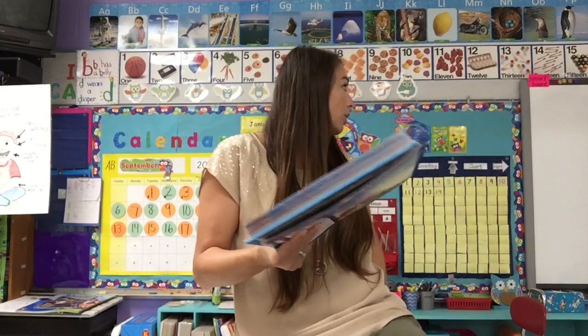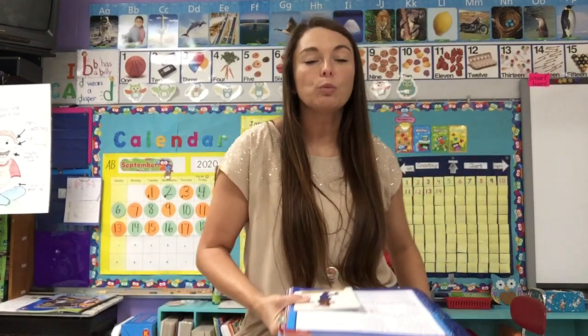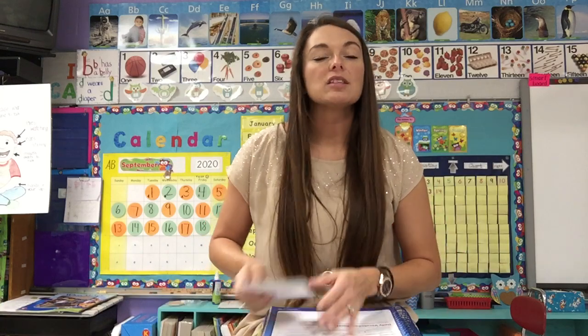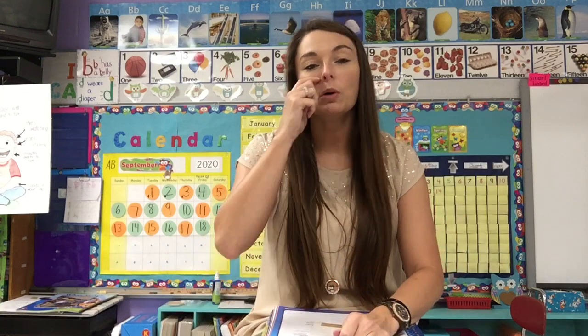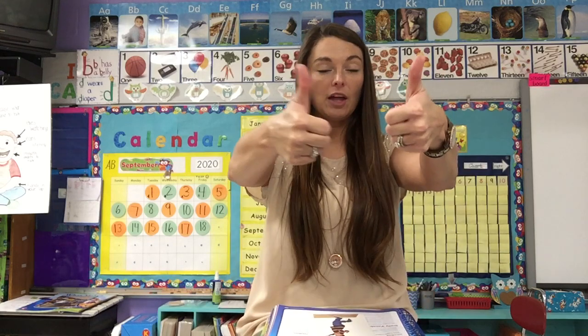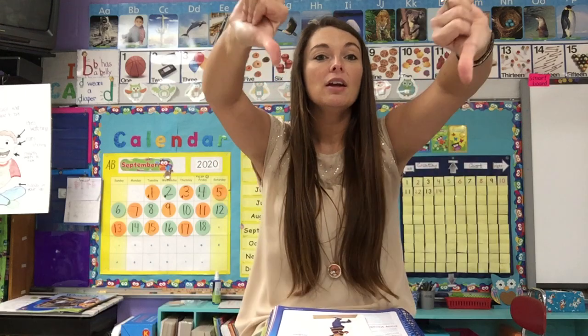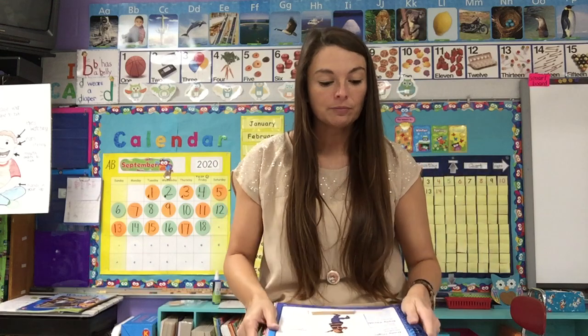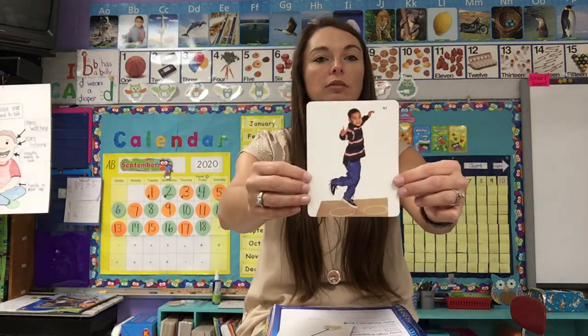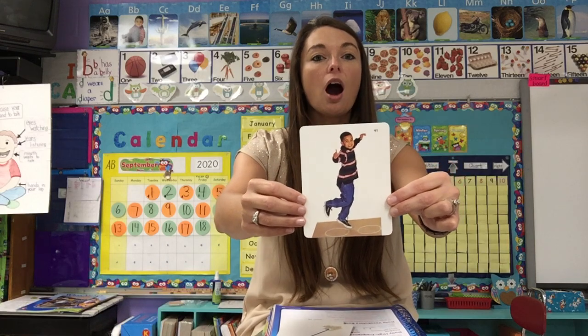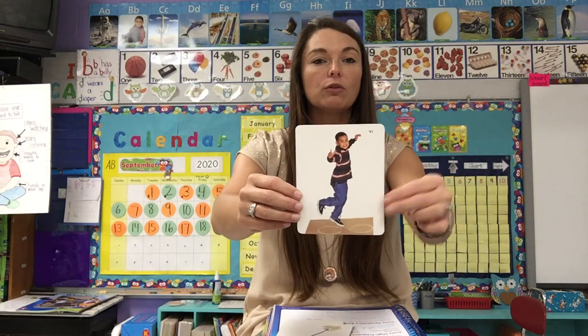Okay? Now, this morning, we are also going to go over some rhymes again. I know that some of us are having a little bit of trouble with rhyming words. So I'm going to show you some picture cards. If the words rhyme, you're going to give me big thumbs up. If they don't sound alike at the end, they don't rhyme, thumbs down. Okay? So let's look at our first word. Our first picture is of a little boy, and this word is hop. Can you say that word for me?